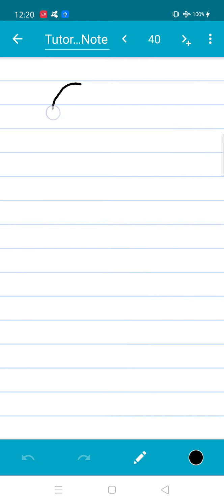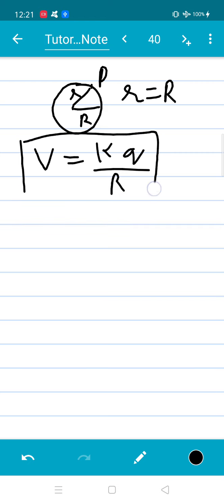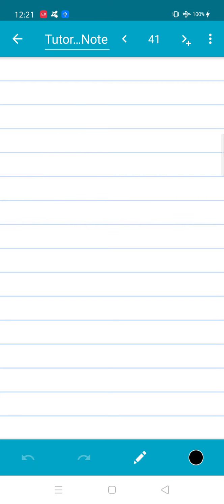Similarly, when point P is on the surface, that is small r is equal to capital R, we can simply substitute small r in the previous equation by capital R. So again this case is identical to that of the shell. Now for the third case, when point P is inside,